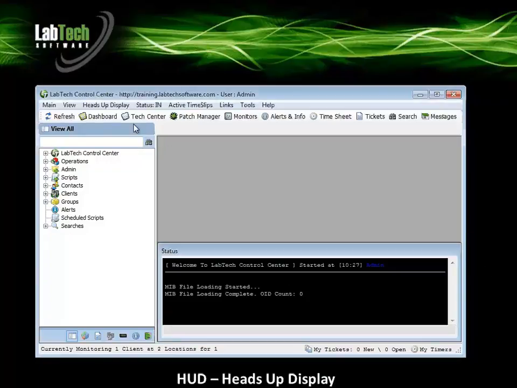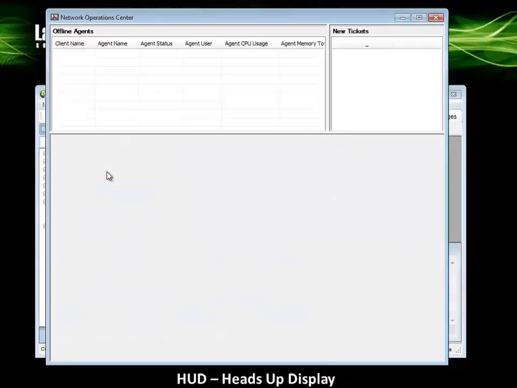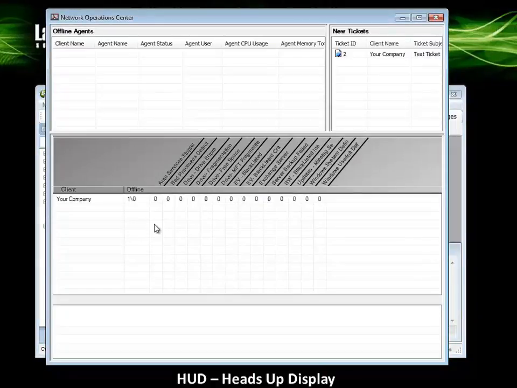In the Control Center, left-click on Heads-Up Display in the menu bar. You can see we have options to view built-in displays or add a new one. Let's take a look at our built-in knock display. Here you can see any offline agents, tickets associated with the clients, new tickets, as well as any clients that have machines in an alert status for one of these internal monitors